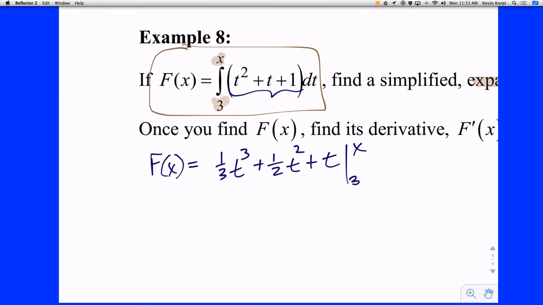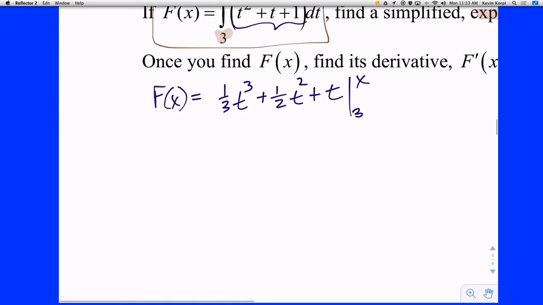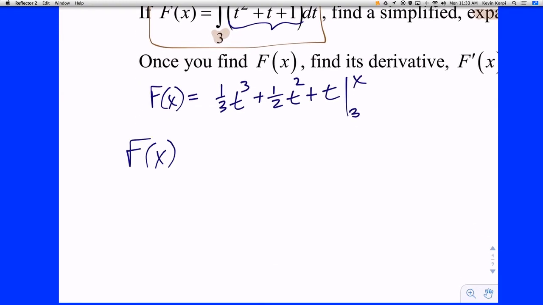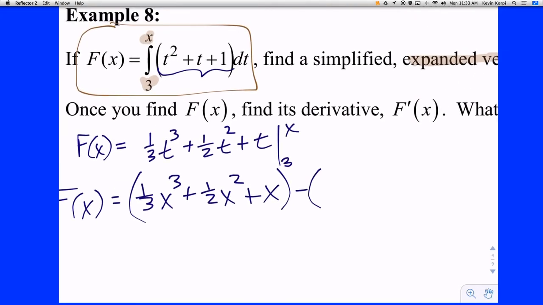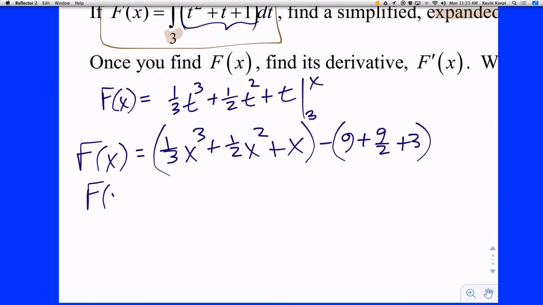Now, it's kind of weird. It still looks like f of x equals a function of t, right? But we're not done yet. This is the magical step that makes it a function of x. To evaluate a definite integral, I plug in the top, right? So I'm going to plug in a what for t? X. So I get 1/3 x cubed plus 1/2 x squared plus x. And then minus, when I plug in the bottom, I get, let's see, 3 cubed is 27. 27 thirds is 9. Plus 3 squared is 9 times a half is 9 halves plus 3. And you end up with this relatively nice cubic polynomial